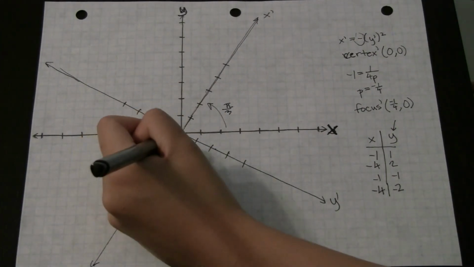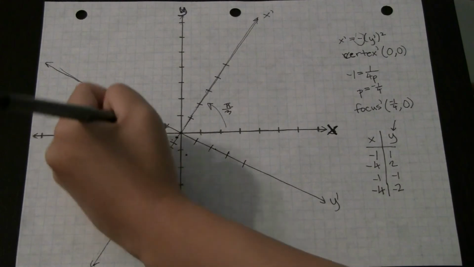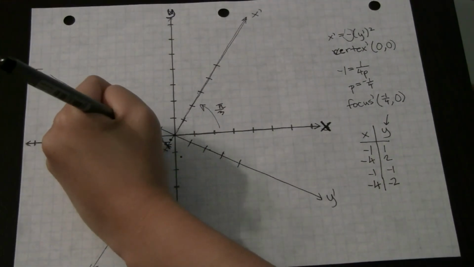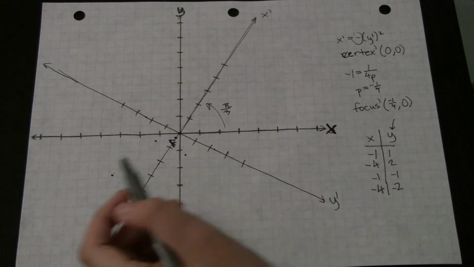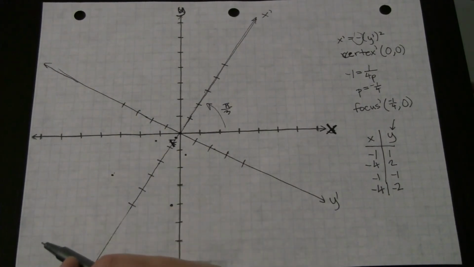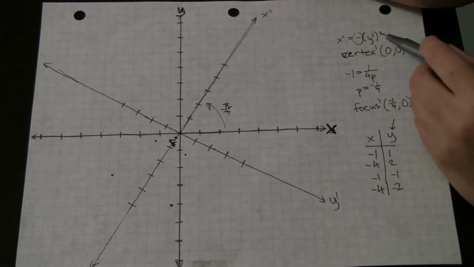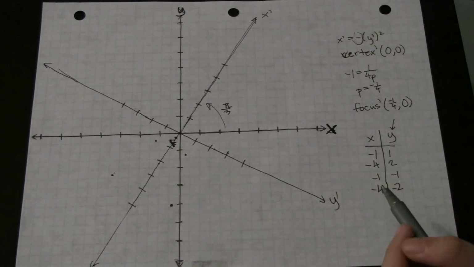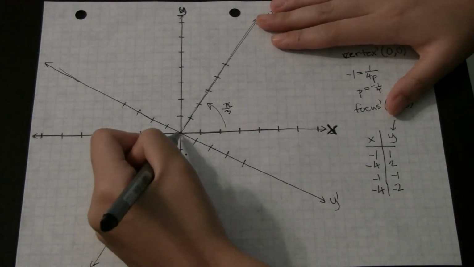And you also have a focus, which is at negative 1/4, 0. So like right about here. That's our focus. And then because it's a parabola, you also want to plug in some points so you know how the curve is. So I plugged in for y, because it's a horizontal parabola, these points, and so the graph would end up looking